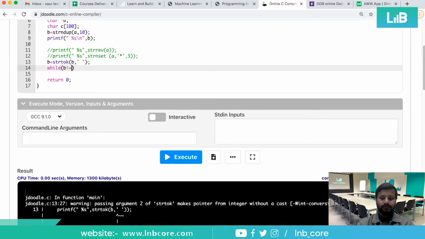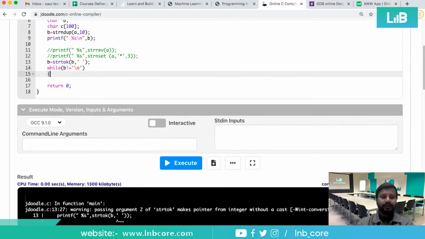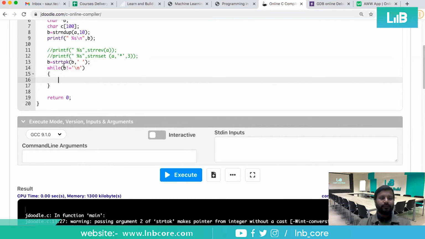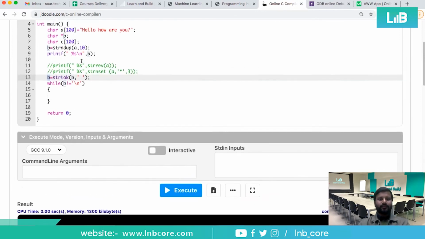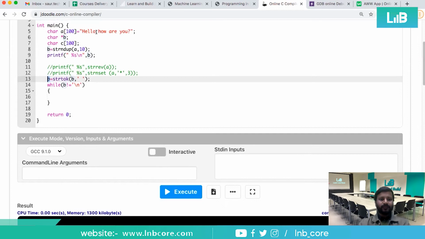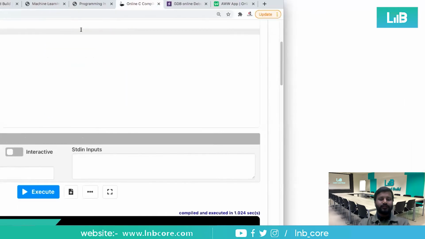Until the value of b becomes null, let us display the result of this b. Wherever the space was available, it will convert that entire data into separate words. So let us understand that once.